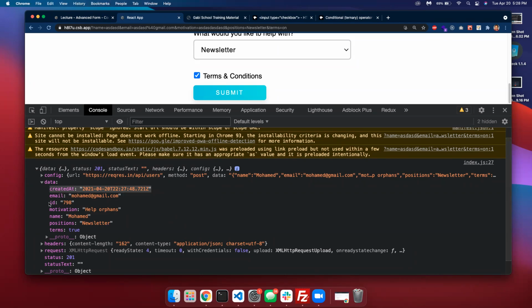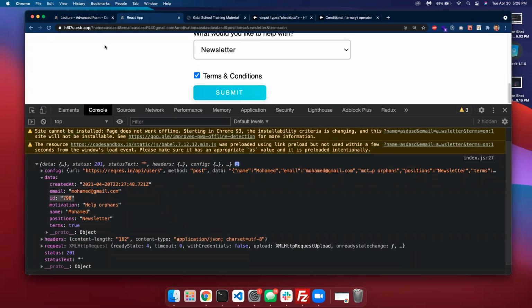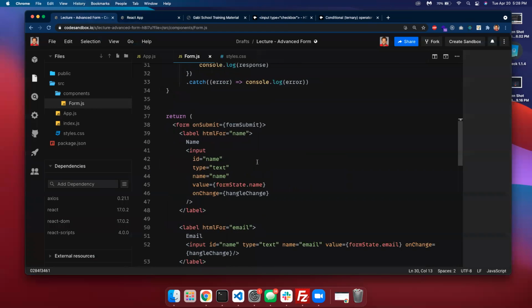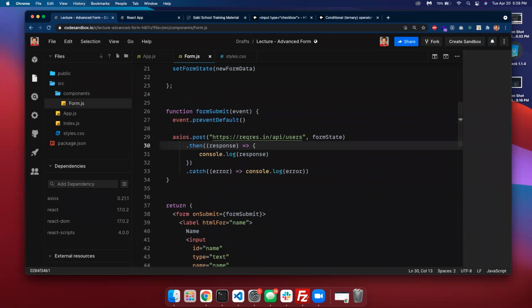And then it gives us an ID. So this ID is a random ID. It chooses one, since other people might be using it, so it gives us a random ID. And this is how we get it back. So now we have sent the data to a database. So that's great. The last thing we need to do is